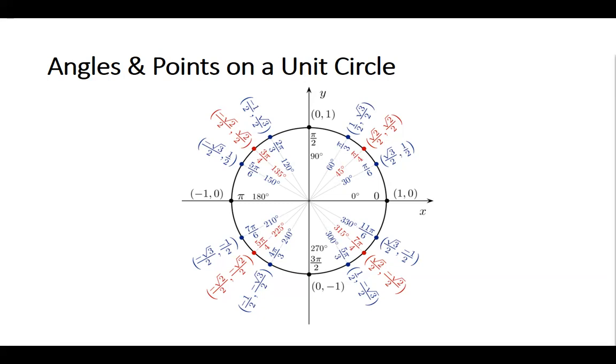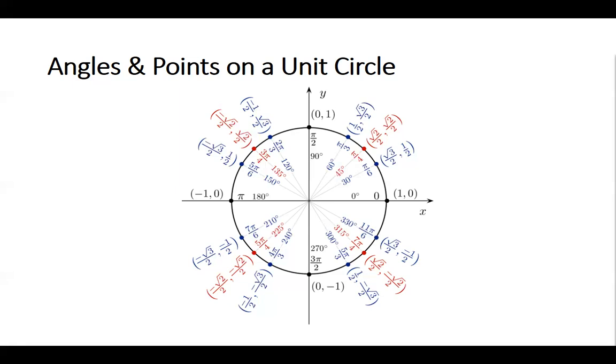Then to get my 30 and 60, I start at 90 degrees, and I know that's pi over 2. 30 is 1/3 of pi over 2. So 1/3 times pi over 2 gives you pi over 6. So if 30 is pi over 6, then 60 must be 2 pi over 6, or pi over 3. 90 is 3 pi over 6. 120, 4 pi over 6. 150, 5 pi over 6. 180, 6 pi over 6. 210, 7 pi over 6. 240, and 270,